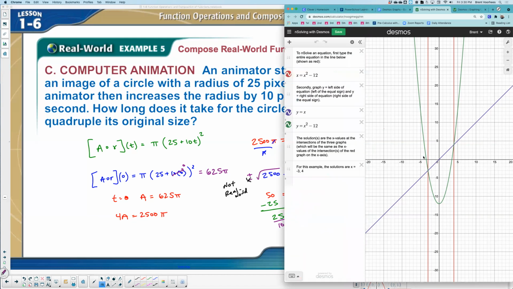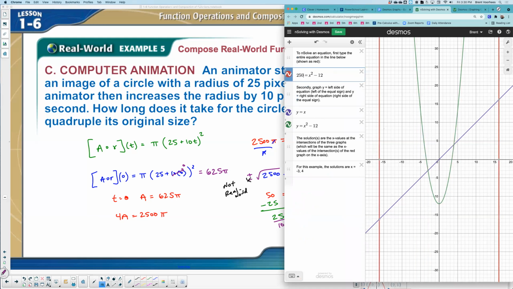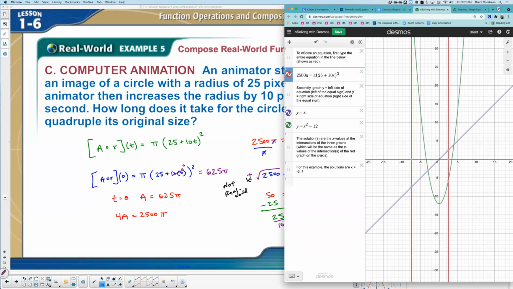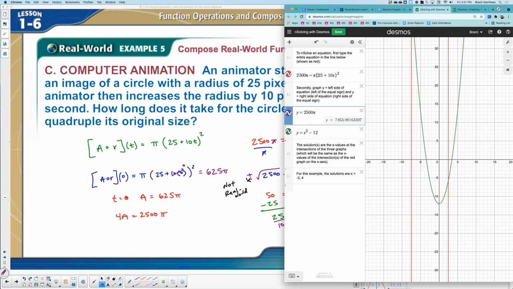So on the InSolve calculator, the way to find this is it first says you type in the equation as originally given. So we had 2500 pi equals pi times (25 + 10x) to the power of 2. So there's my original. Then it says take y equals the left side of the equation, so y equals 2500 pi, and then take y equals the right side of the equation. The intersection would be the solutions. Now, it doesn't appear